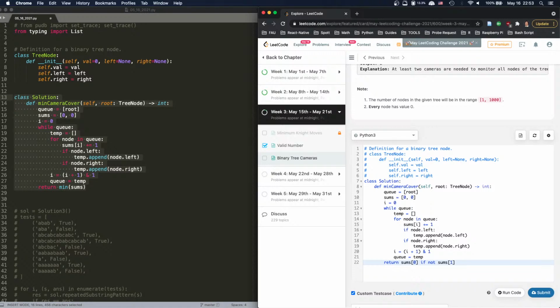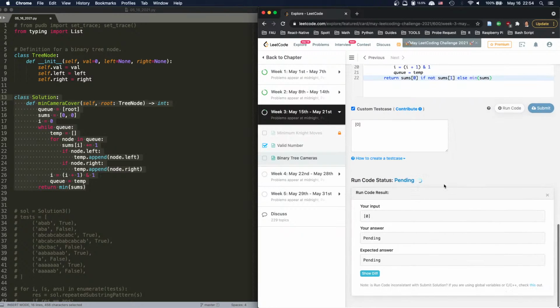Because the only possibility is for sums 1 to be 0. Sums 0 is the root node, right? So sums 0 has to be sums 1. So let's do this, else, then we say min sums. Then we can pass this test case